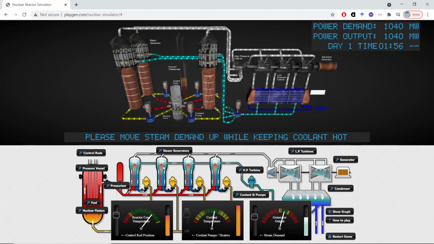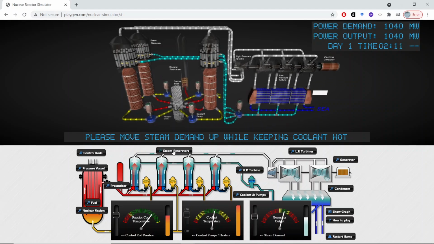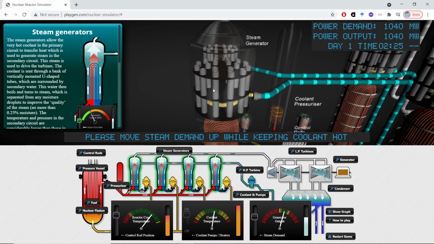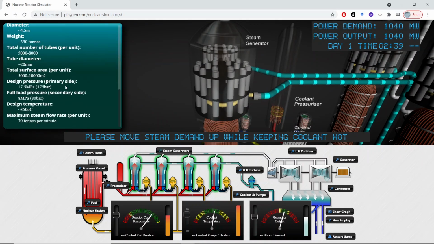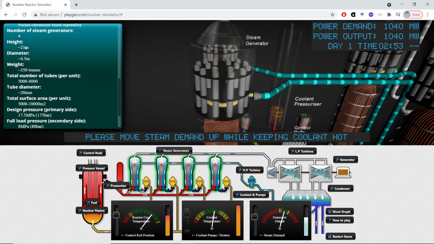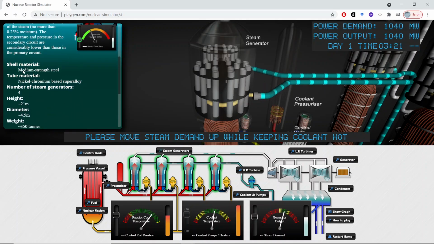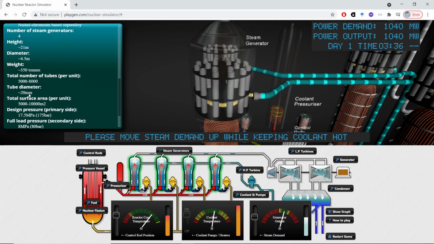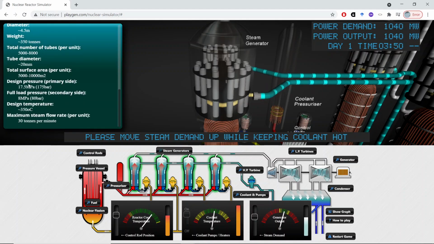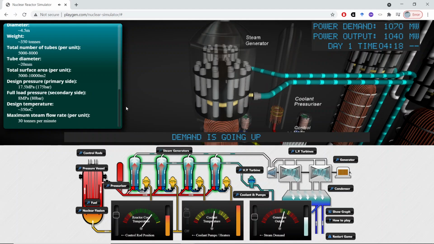And actually you can click things now, like the steam generator, and you will see the explanation that we already saw before. And actually there is much more data here, like the material, dimensions, tube diameters, etc. Design pressure is 17.5 megapascal. Okay, demand has increased. So